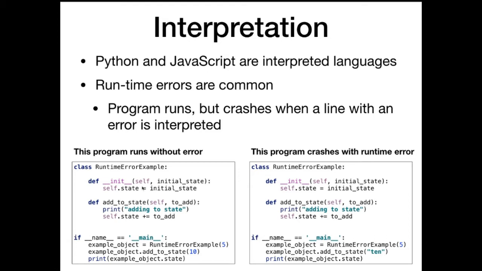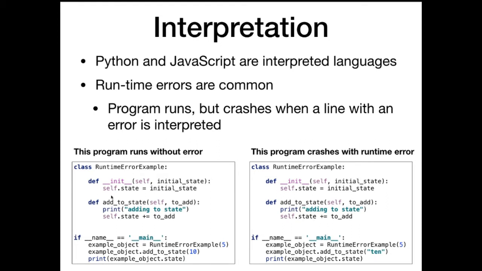The constructor has to be defined as a separate method named __init__. And when we create our objects, we don't use the keyword new. We just use the class name and call the constructor as a function. Python will look for that __init__. The first argument has to be self, which is a reference to the calling object, and then whatever parameters we want after that. So we're going to create a new object of type RuntimeErrorExample. We have some internal state variable named state, and it's self instead of this, same idea.